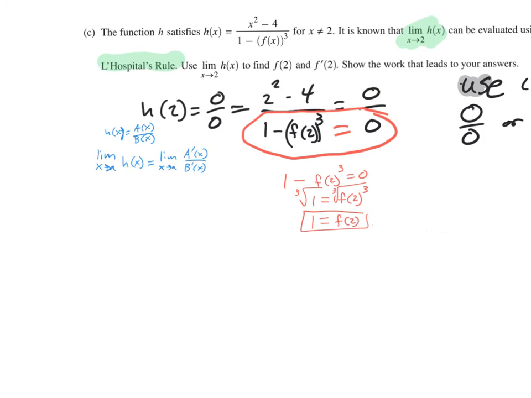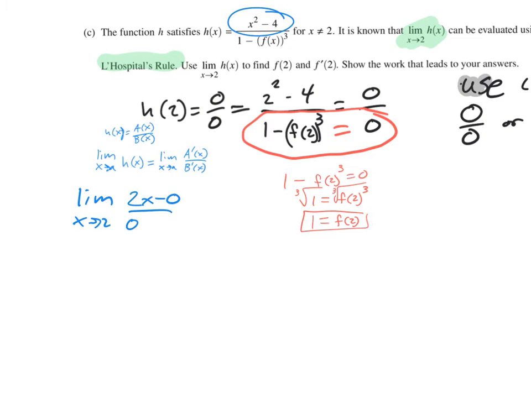So I should be able to take the derivative of the top, the derivative of the bottom, and then take the limit of that. So I can take the limit as x approaches 2 of, instead of x squared minus 4, 2x minus 0 over